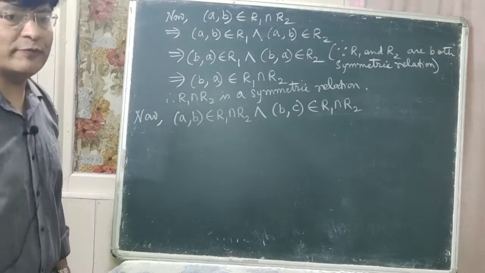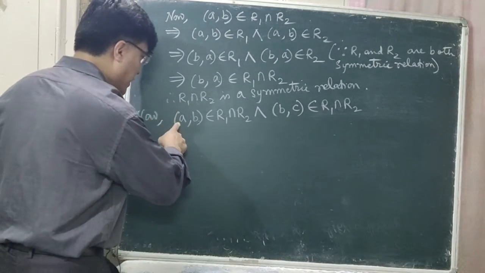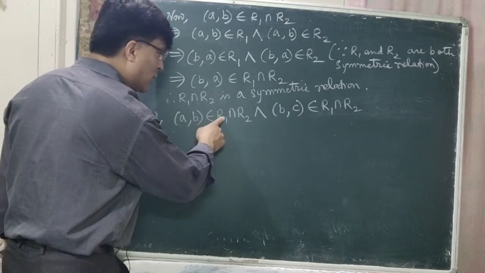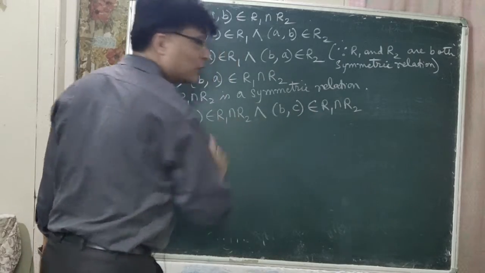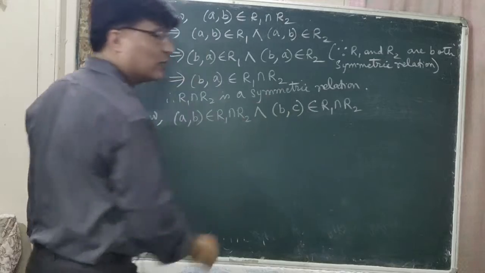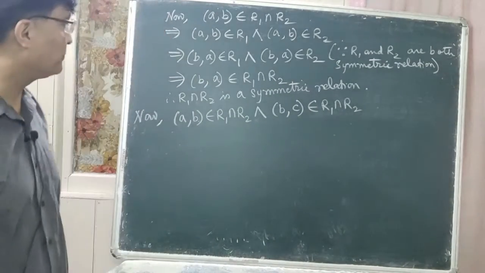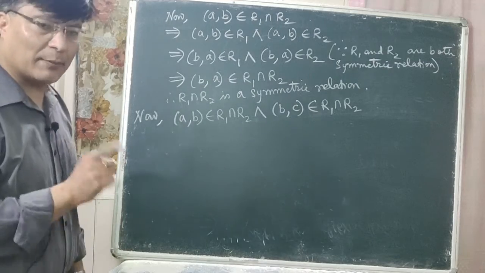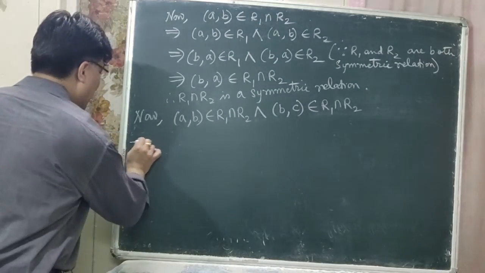So what should we prove here? If A comma B belongs to the relation R1 intersection R2 and B comma C belongs to the relation R1 intersection R2, you have to prove that this A comma C should belong to the relation R1 intersection R2. We have to prove and show this. Okay? So now which implies that